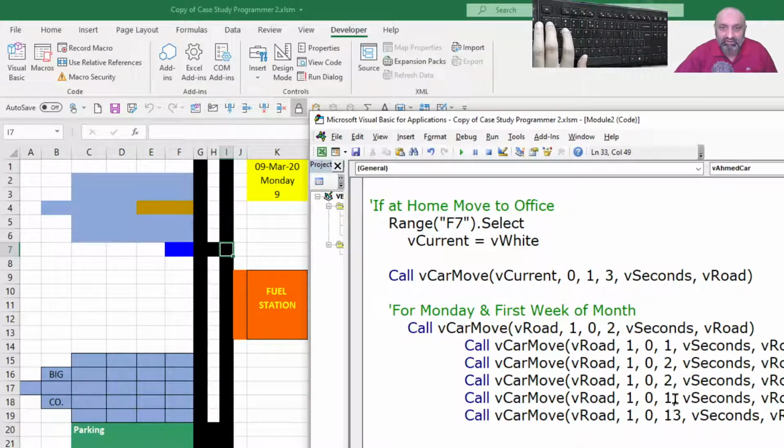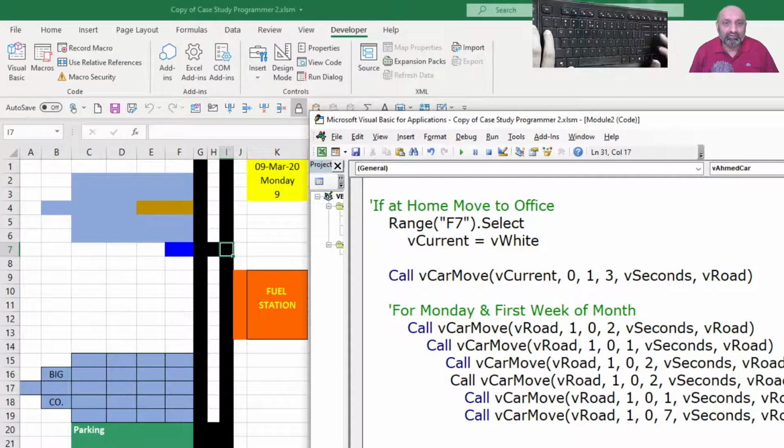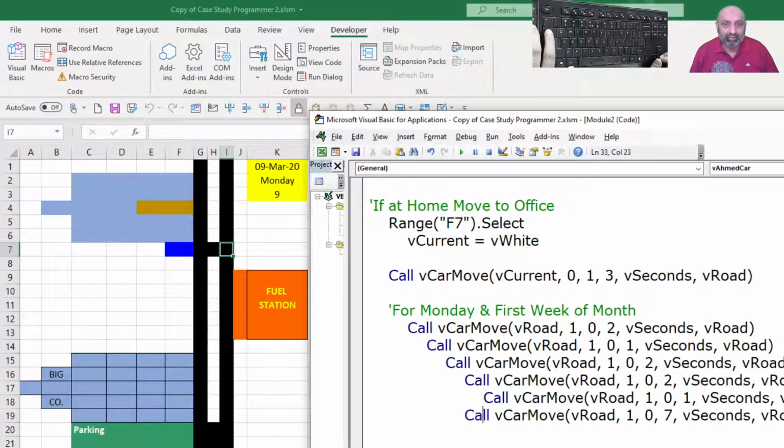So it was 13. This is 2, 1, 3, 4, 5, 6, 7, 8. 8 minus 13 is 7. Okay. So these are the 7 steps it's going to take. Let's format it a bit better way.